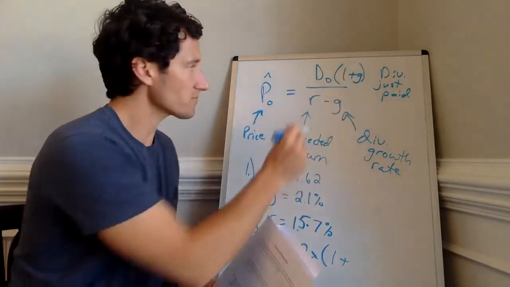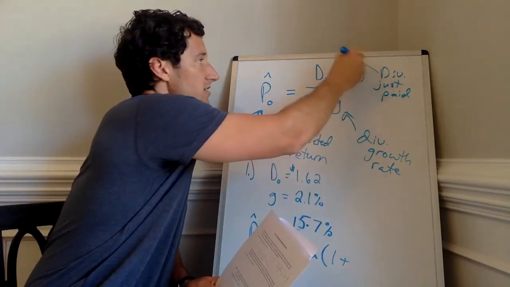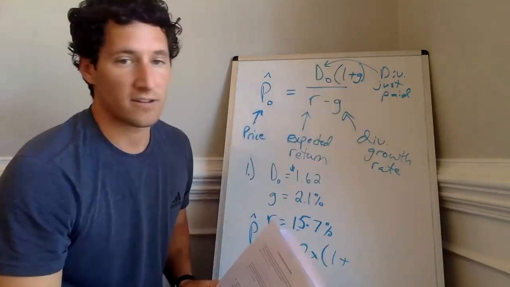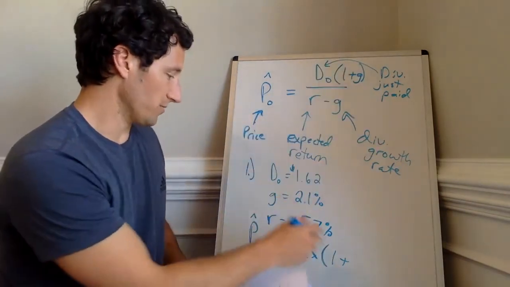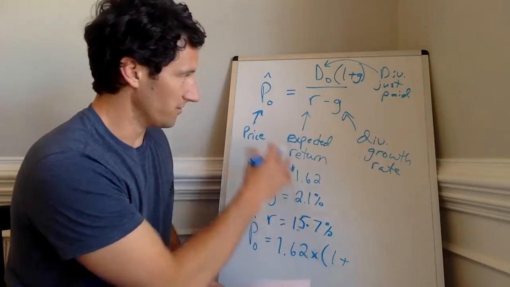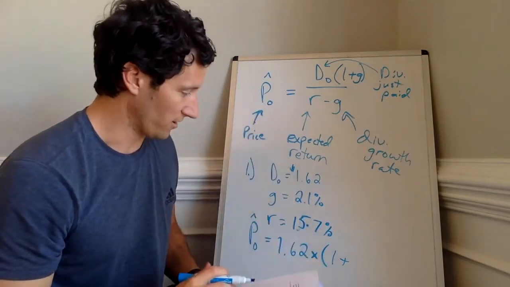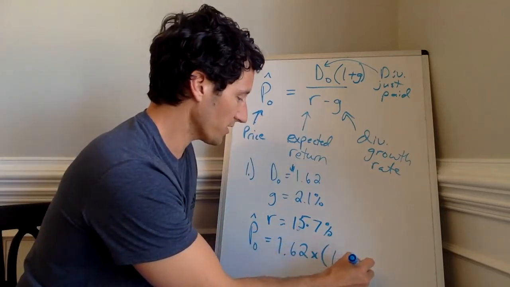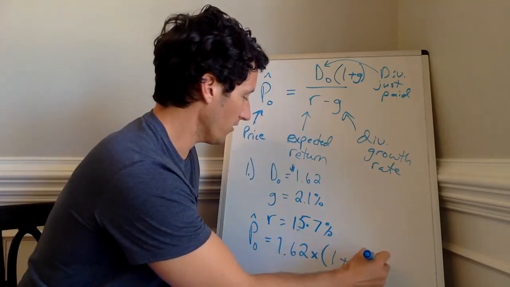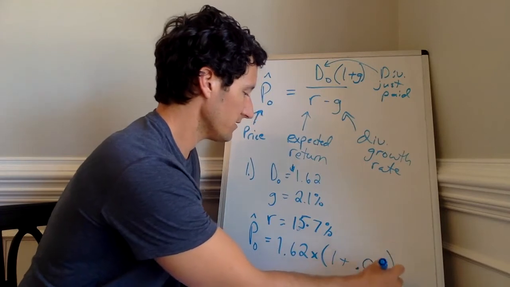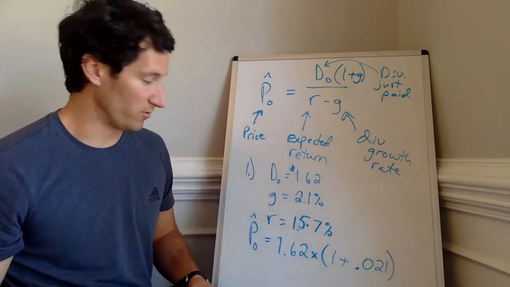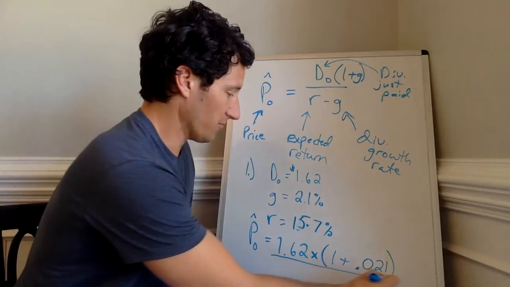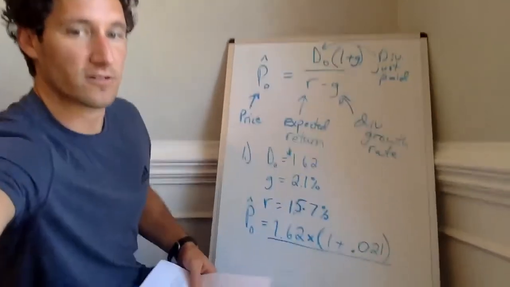My mistake. Okay. D0 still, though, is your dividend just paid. All right, so make that adjustment. I'll show you the alternative to that in a minute. It's kind of where I was going. All right, so 1 plus your growth rate. Make sure you put this in as a decimal, 0.021, okay, 2.1%. All of that divided by our required return,